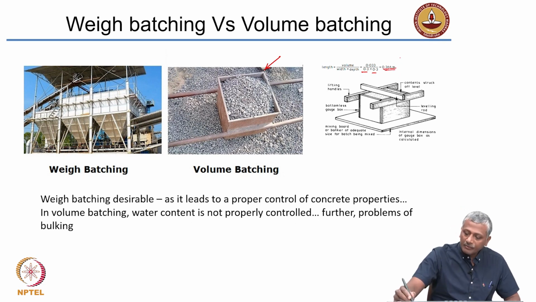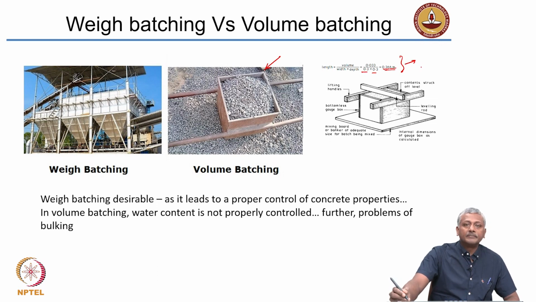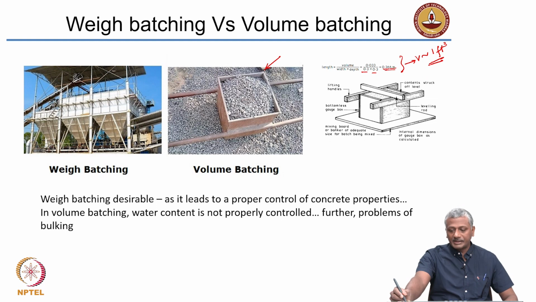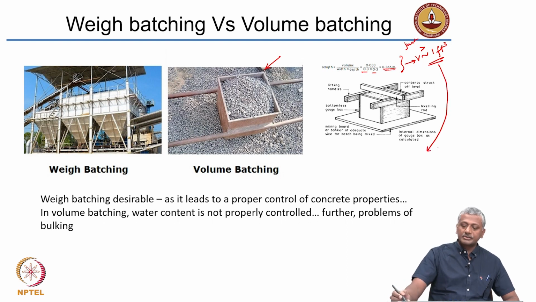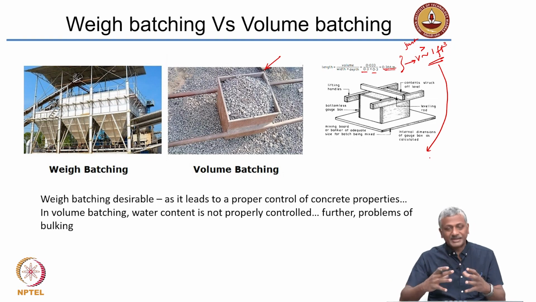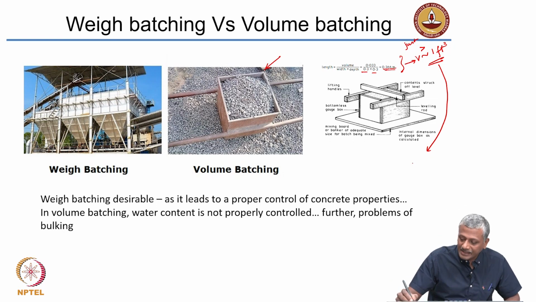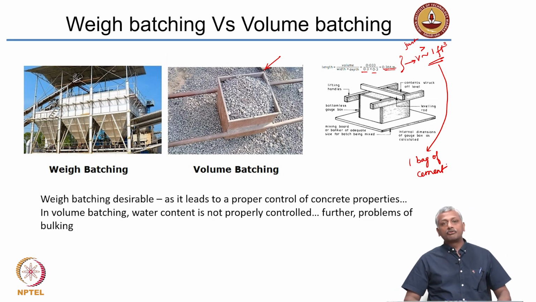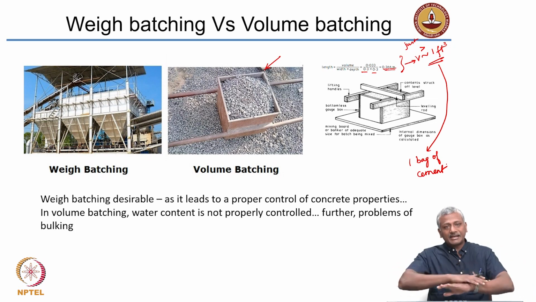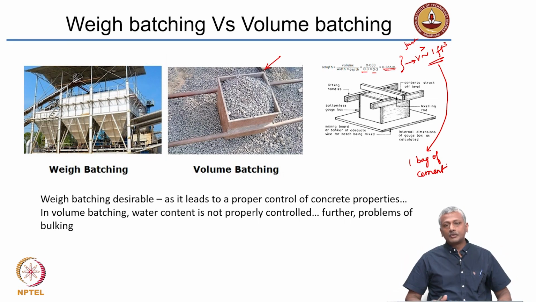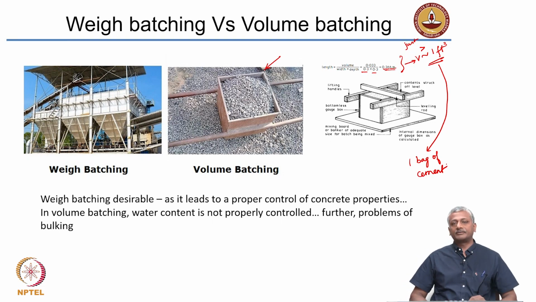So that when you measure the volume, it is close to 1 cubic foot, or slightly more than 1 cubic foot. Okay. And the advantage of using 1 cubic foot or just more than 1 cubic foot, or designing this container exactly like that, is that it can exactly hold 1 bag of cement. So if you pour the contents of 1 bag of cement, they will exactly fit this volumetric container that we use at our job sites where volume batching is practiced.